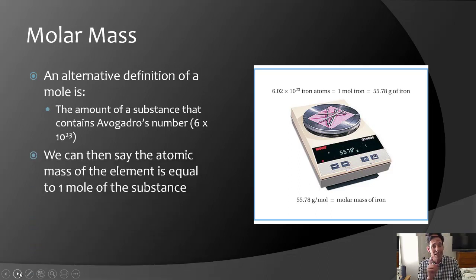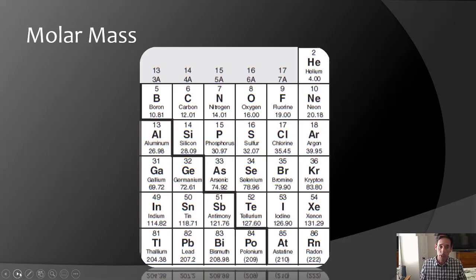So what we can say is this: the atomic mass of the element is equal to 1 mole of the substance. Let me repeat that one more time. The atomic mass of the substance is equal to 1 mole of the substance. So if we have, for example, a periodic table in front of us, and we were to look and examine it, I could actually pick out something like silicon, and I can say, oh, its atomic mass is 28.09, which means that if I wanted to go get a mole of silicon, I would go get